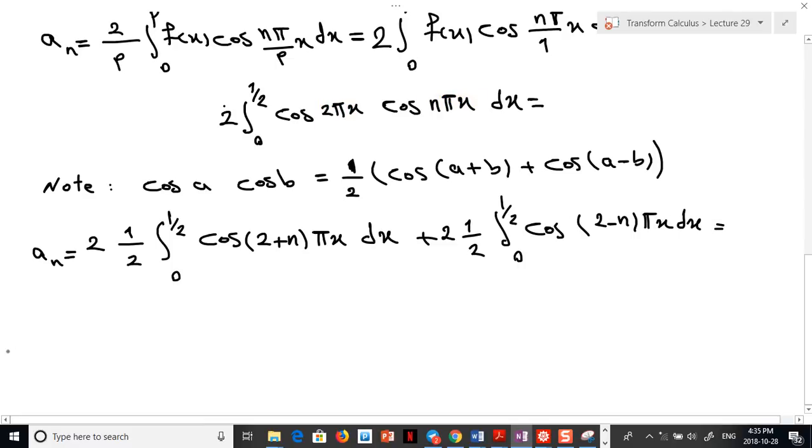A is 2 pi x and B is n pi x. It's equal to 2 times half, which is 1, so an is equal to